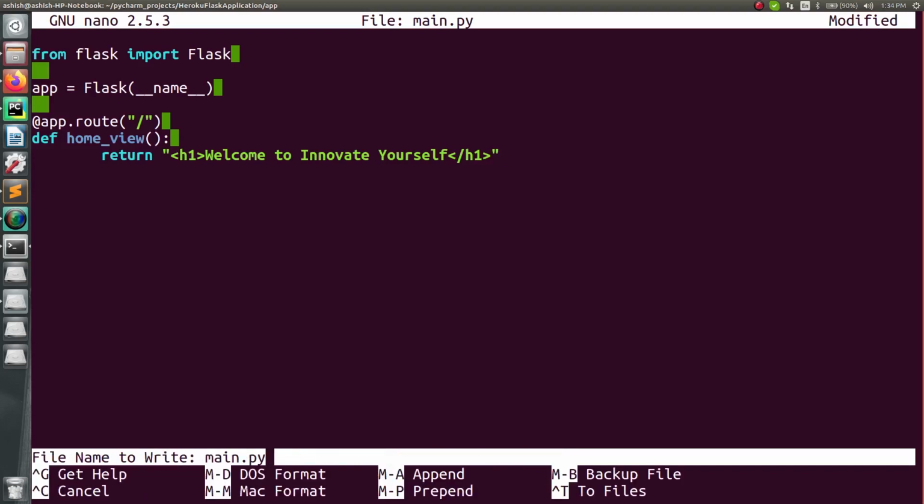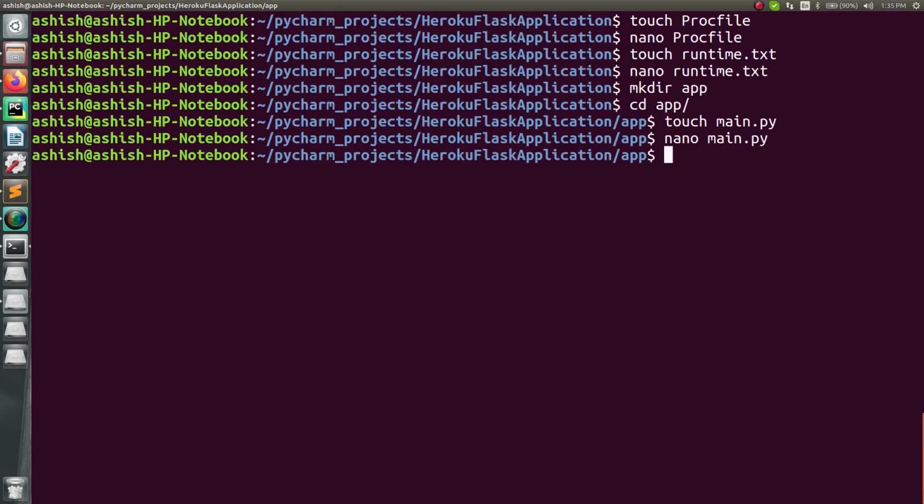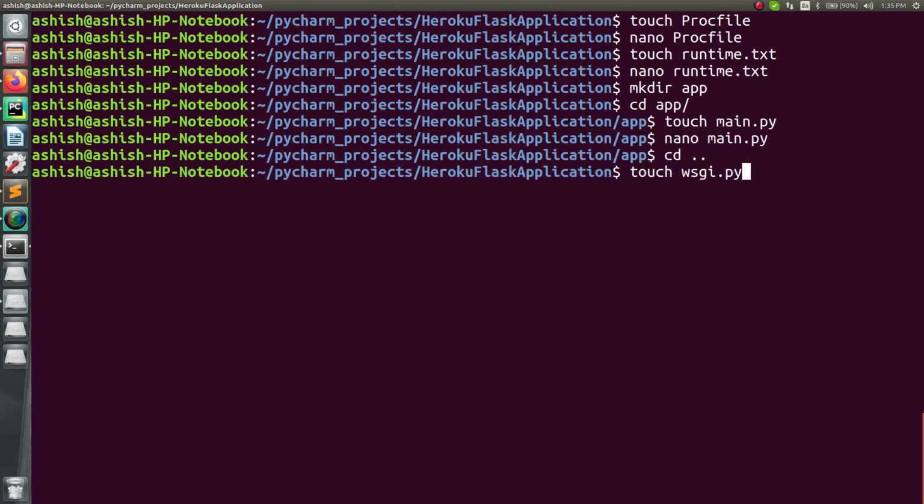So let's save this for now and go back, and after that again go back to the previous directory, and in here we have to create wsgi.py. So this is the name of the script which I have mentioned inside the Procfile, so that this will be considered as the main script, and this will be run when you want to run your project onto the server, or let's say onto the local server as well, right? So this is how I'm going to do it. And also I will show you how it works if I have to run it locally, right? So don't worry about that.